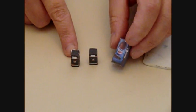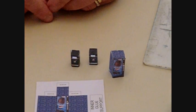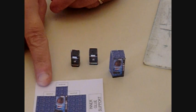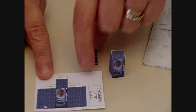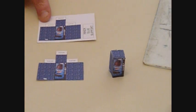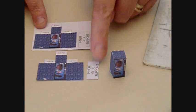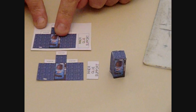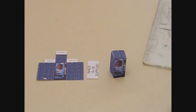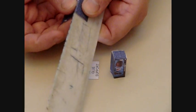We can do the Pepsi as well. So, like we said before, you print off your template like that. Then you cut it out. Make sure you've got your inner glue support. So the next stage after that is to bend it. Bend it again. Best top tip, have the ruler and fold every line